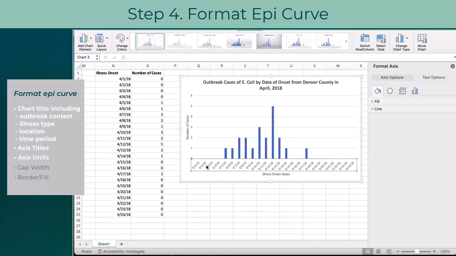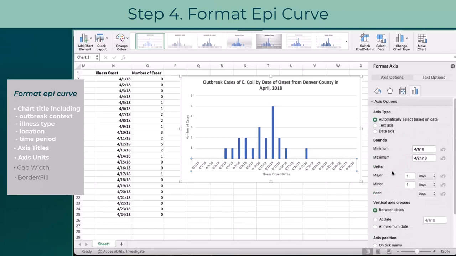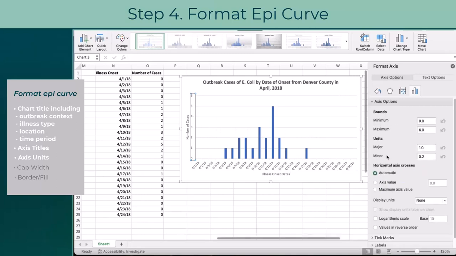We should double check here to make sure that our x and y axes have the scales that we're looking for. Along the x-axis, we talked about the units of interest before being 1/4 of the incubation period of the pathogen, and for this case, it's 1 day. So when we're looking at the major units of our x-axis, we should see 1 day, and similarly for our y-axis, our major unit is 1 case. You can adjust these as needed for the size of your outbreak,